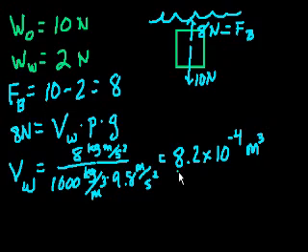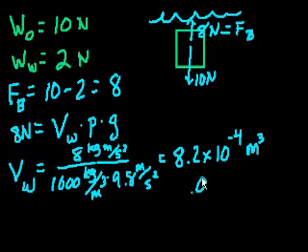Just knowing how much the buoyant force of the water was, or how much lighter we are when the object goes into the water, we can figure out the volume of the object. And this might seem like a very small volume, but just keep in mind, in a meter cubed, you have, let's see, you have 27 cubic feet, right? You have 27 cubic feet. So if we multiply that number times 27, it equals